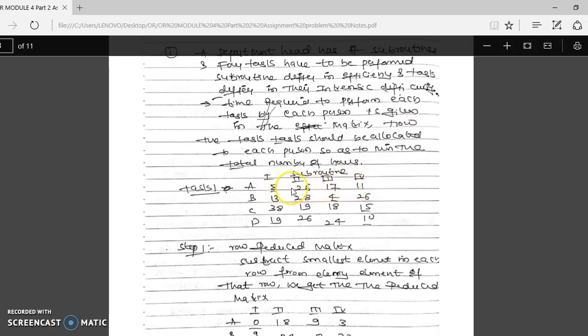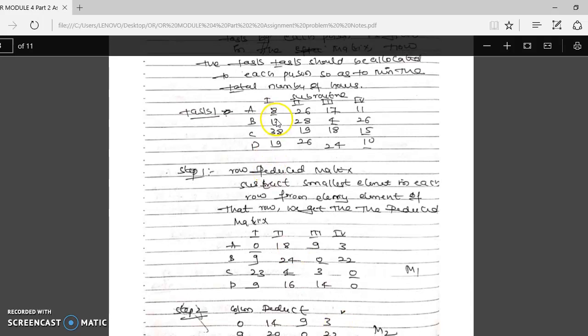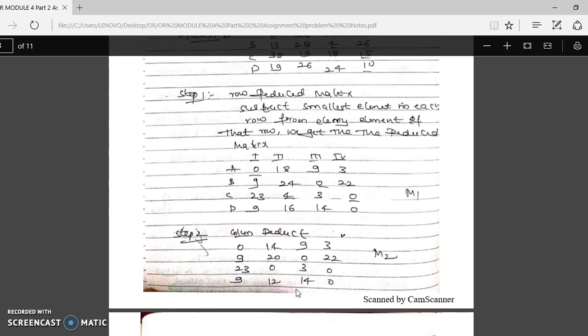So 8 minus 8 is 0, 26 minus 8 is 18, 17 minus 8 is 9, 11 minus 8 is 3. So we got this first row. Similarly the second row: 13 minus 4 is 9, 28 minus 4 is 24, 4 minus 4 is 0, then 26 minus 4 is 22. Similarly do the third and fourth rows. Then for whatever matrix we obtained in the first step,